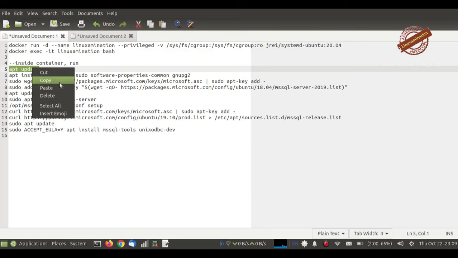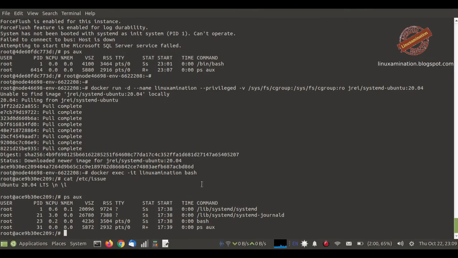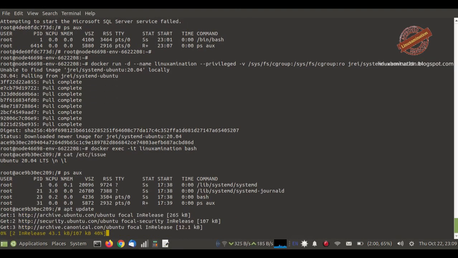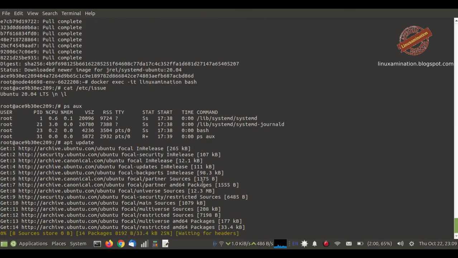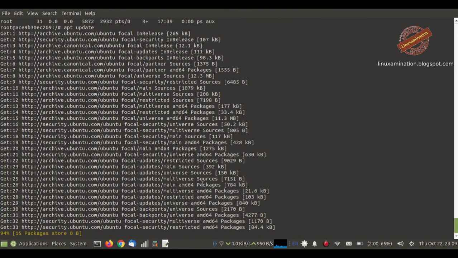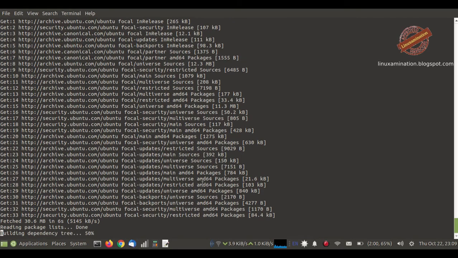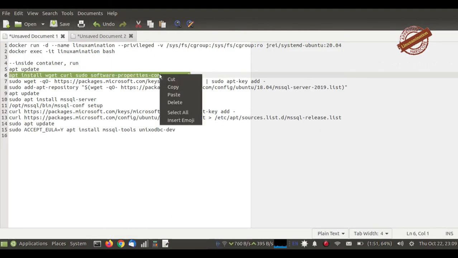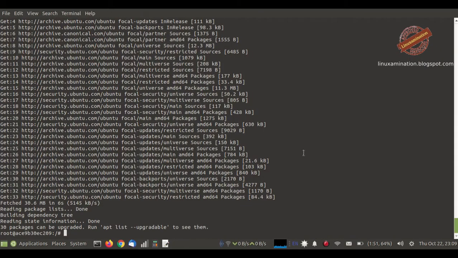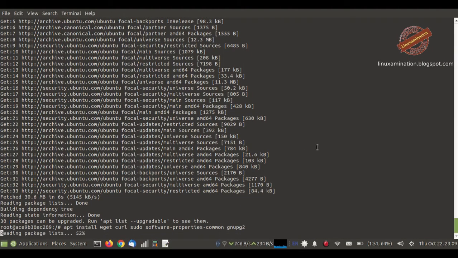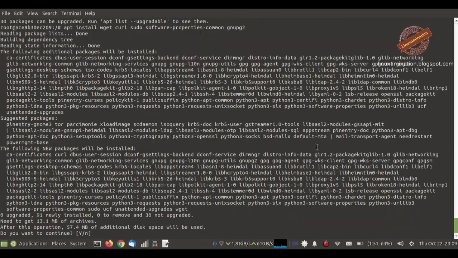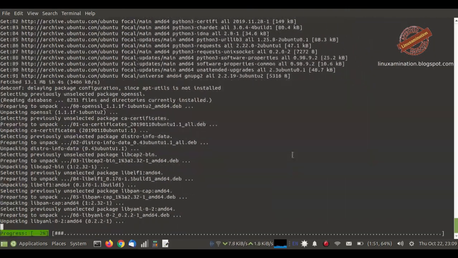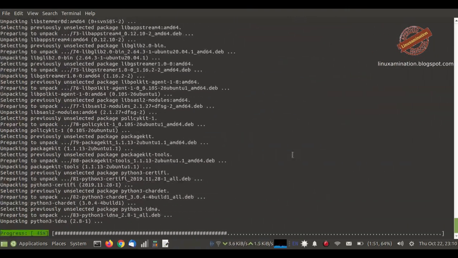Now I am following the same steps for installing MS SQL Server. First I am updating the apt repository. And then I am installing the packages. These are the dependencies which are necessary to install MS SQL Server.